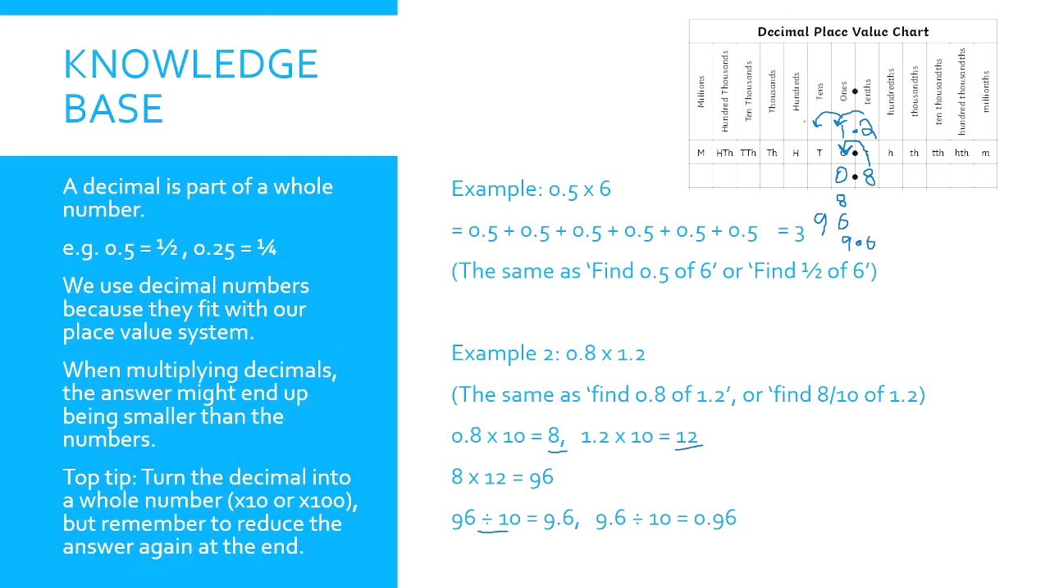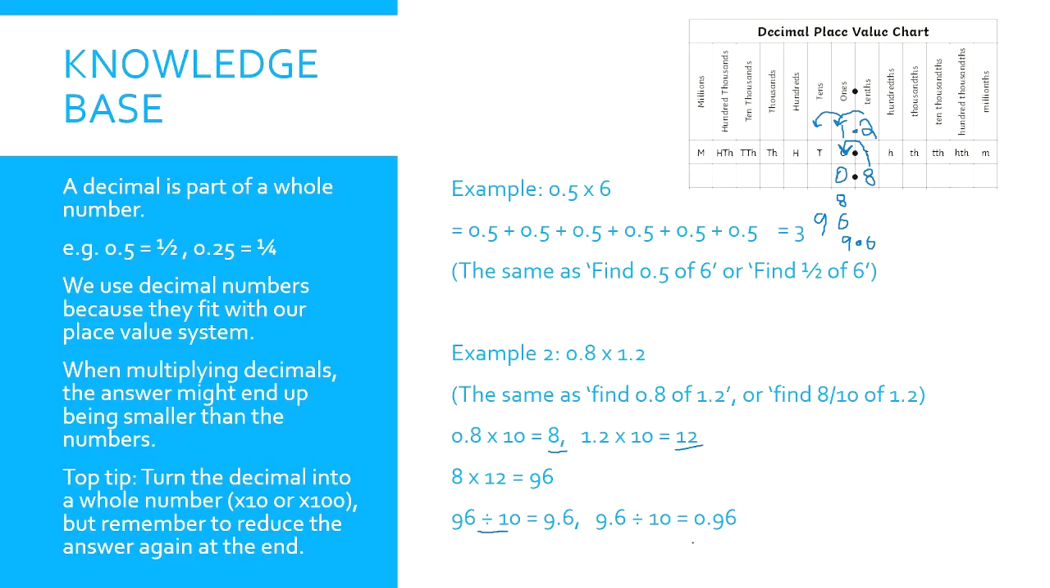I multiplied that by 10 to get the 12, so I've got to divide by 10 a second time. So I get 9.6, and I'm now going to divide this by 10. So I'd end up with my 9 in the tenths column and my 6 in the hundredths column, meaning that my answer will be